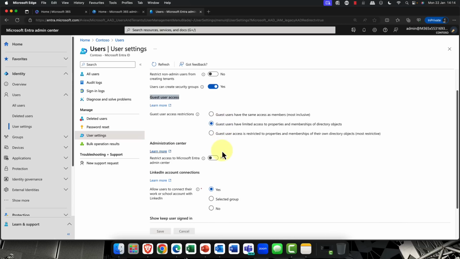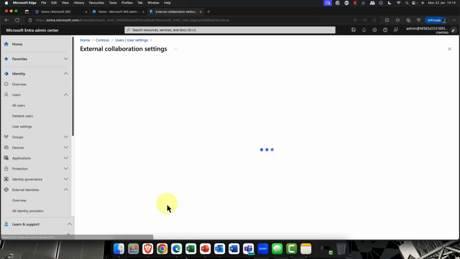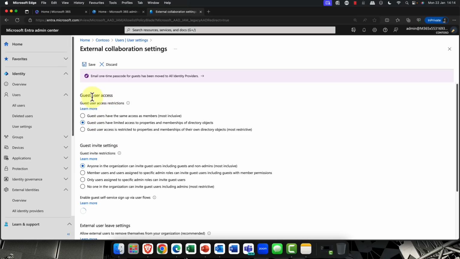The other thing that's here as well is external users, and this is really what we're talking about as well. So that guest access is really important. That's the default permissions. But if you come down to external users, you can see you've got that same option here again, but also you've got the guest invite settings.